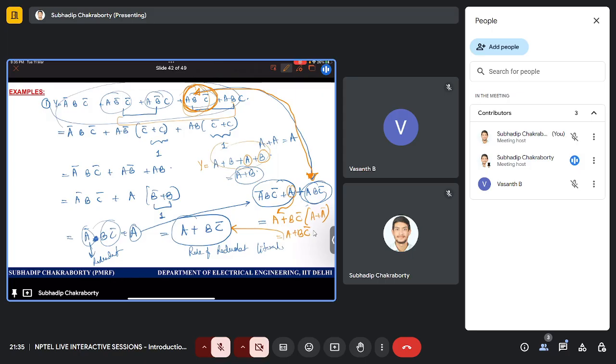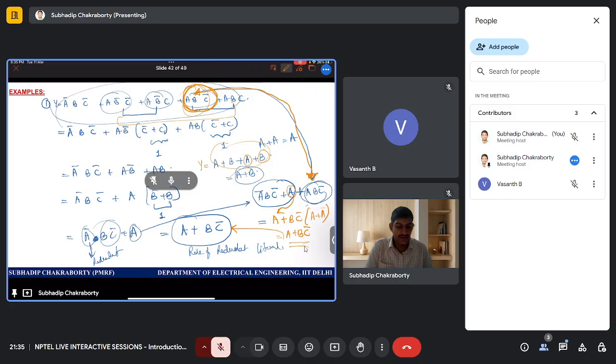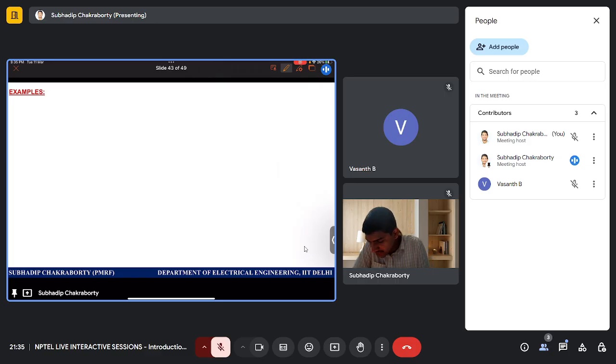So using this also we can prove. So it is A plus B C bar. Use either the rule of redundant literal, it will save your time, or try to prove it using these kinds of concepts. Or if I want to give you another small example,